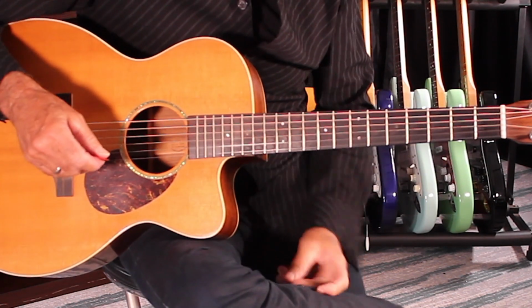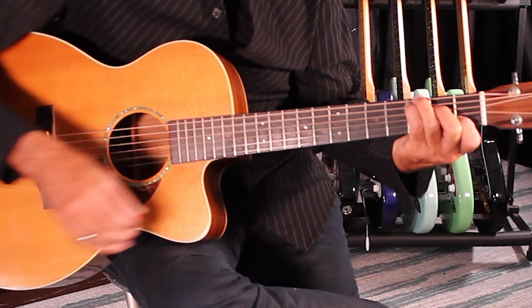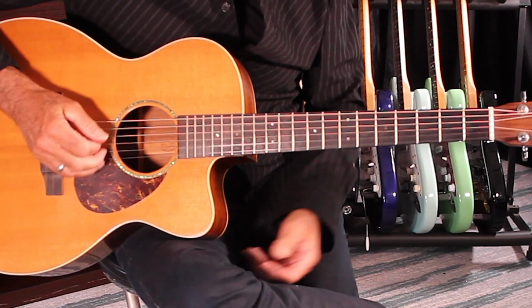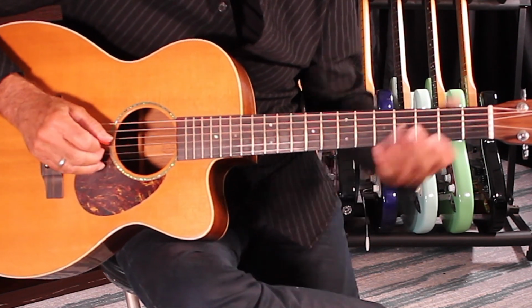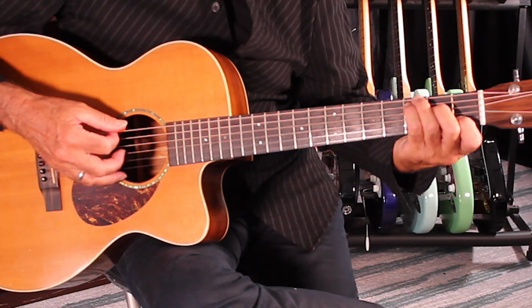Now check out what I do on the C chord here. I do a little hammer on. I'm using my 2nd finger on the D string, sorry, 4th string. And this is a great song to explore a couple of little moves. I call it the connective tissue that brings you from one chord to the next, and kind of makes it interesting. The special sauce, if you will. So if you do a little hammer on it,